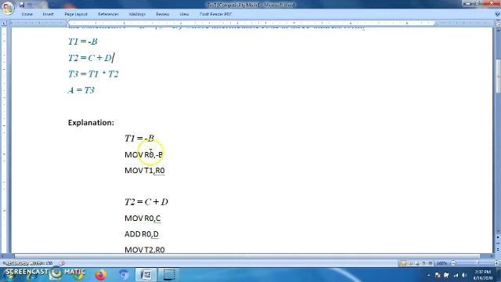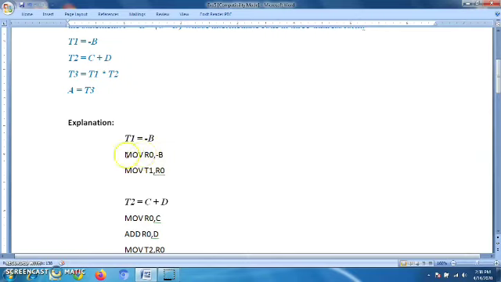As we saw, machine instructions should be in the triples format. So every instruction will have the 3 fields in this way. Let us see how these intermediate code lines will be converted into the machine code lines. Let us consider these lines one by one. We will start with the first line, that is T1 = -B. Here -B is an operand and T1 is a temporary variable. So first we have to load this -B into a register, that is R0.